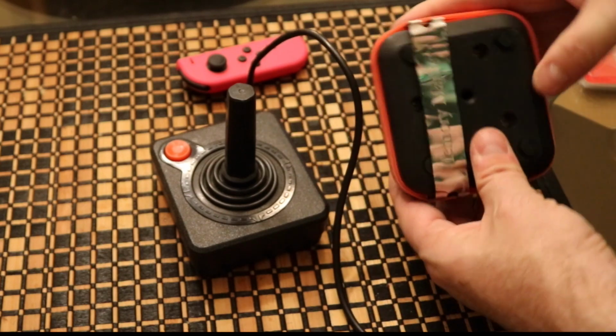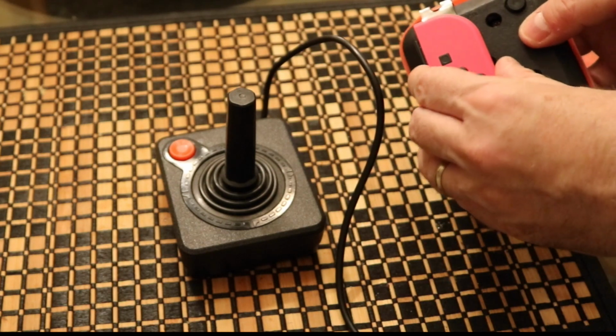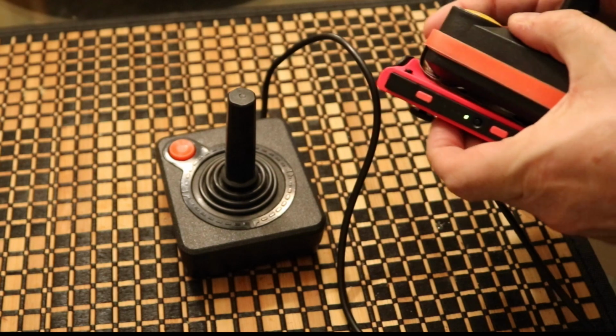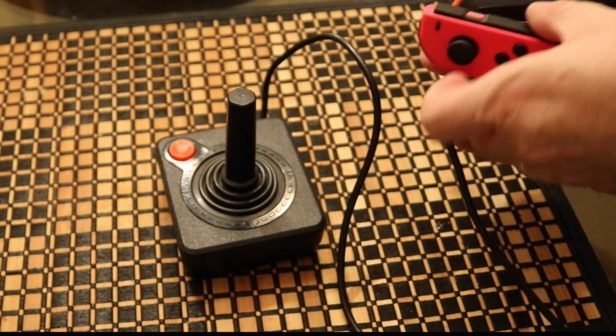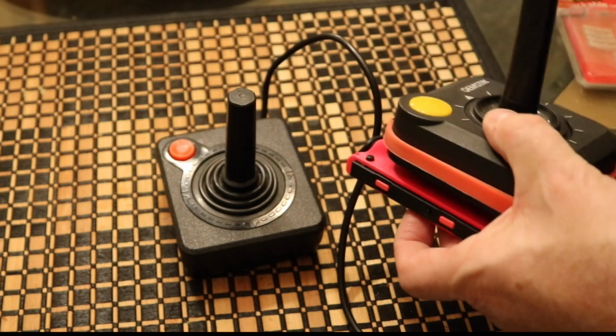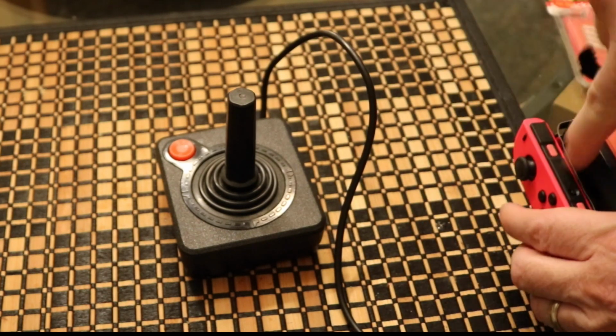Okay, so then you could take your Switch Joy-Con and you could put it right there and get access to that button while hitting this button. So that's another way to do it. Again, how are you going to connect them? Well, you could avoid adhesive and just use Velcro, slide that in there and around right under